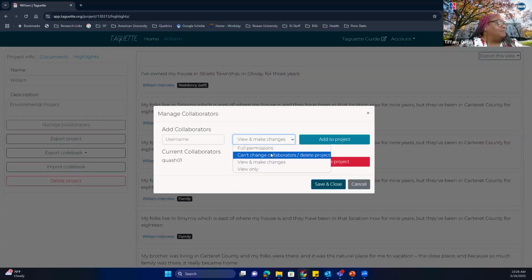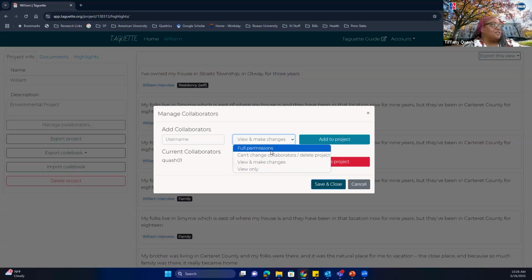Or you can choose that they can't change collaborators and delete the project. I probably wouldn't do that, because I don't want anybody to delete the project I'm working on. Or you can give them full permissions. That means they can go in, change your tags or add to the tags.